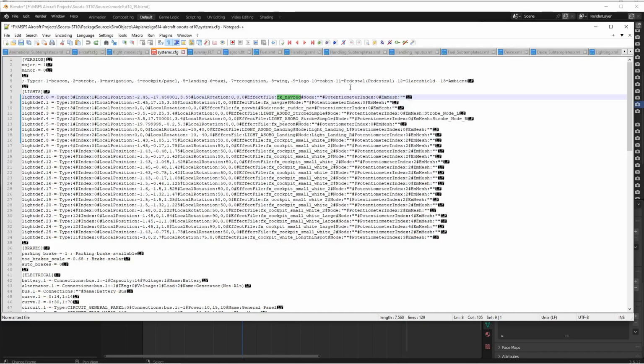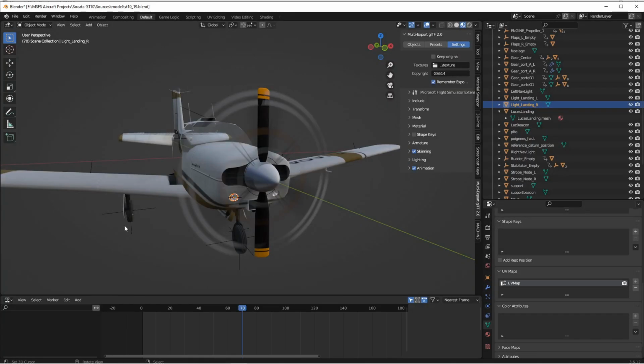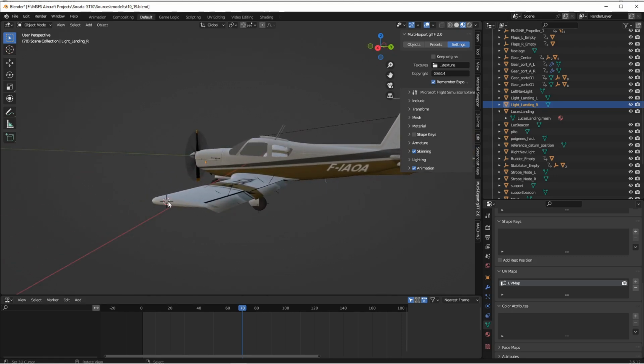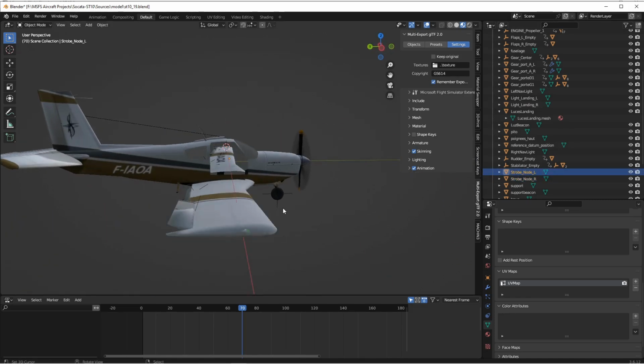So no emissive mesh and no node, just make those blank. I'm going to have something on the rudder, a strobe. Does it have a node? But I'm going to make it a strobe left and a strobe right. So on the aircraft, we're going to have a strobe left and a strobe right, node ID, so the different